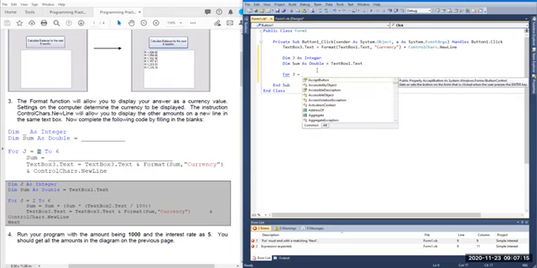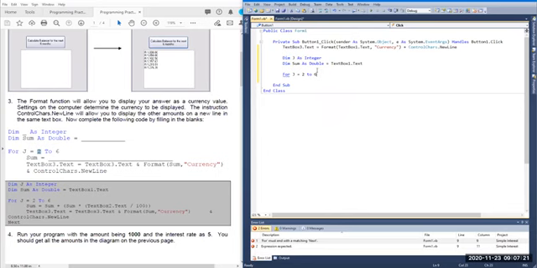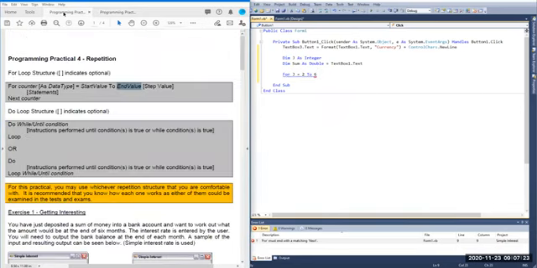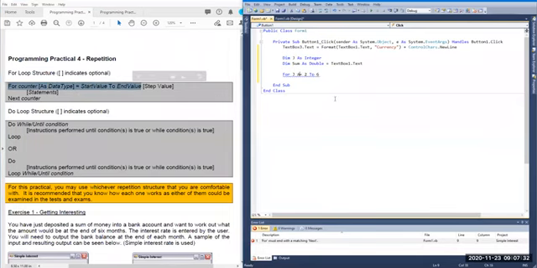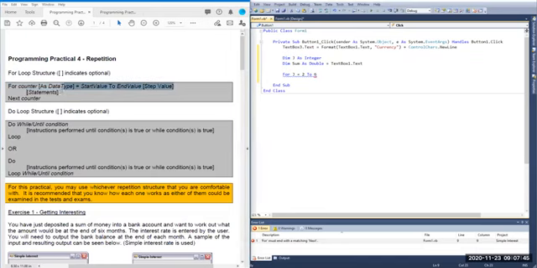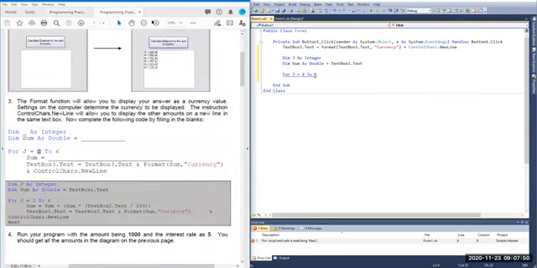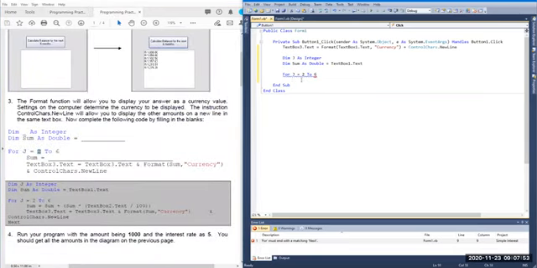So for j is equal to 2 to 6, remember that is the syntax of writing it: counter as data type equal to start value to end value. You can choose to say for j as integer, but we have already declared j as integer up there, so that wouldn't be necessary to write here. For j is equal to 2 to 6, then what should be the statements that follow, followed by the next? In this case, the statement that follows is sum